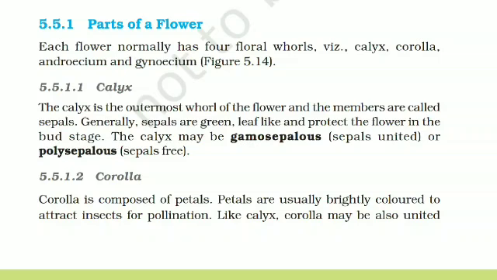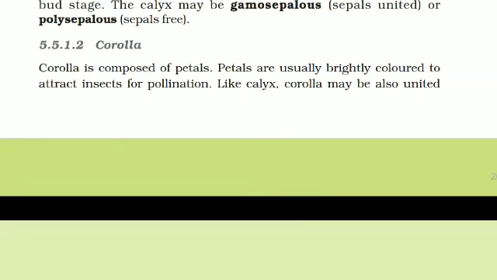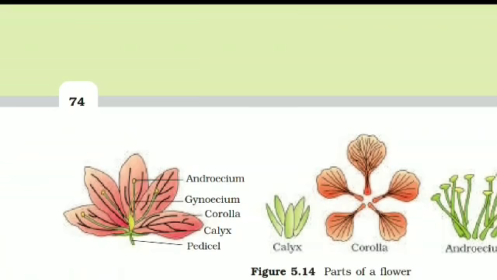The corolla may be tubular in shape or funnel shaped. Can you think of a tubular shaped corolla? Yes, it is the datura plant. In datura flowers, the corolla is tubular in shape, or sometimes it may be wheel shaped. So just visit your garden, and the neighborhood also, and find out the different types of corolla. And here are the parts of the flower: the complete flower, and the calyx, corolla, and the androecium are shown. But we will learn about the androecium a bit later.